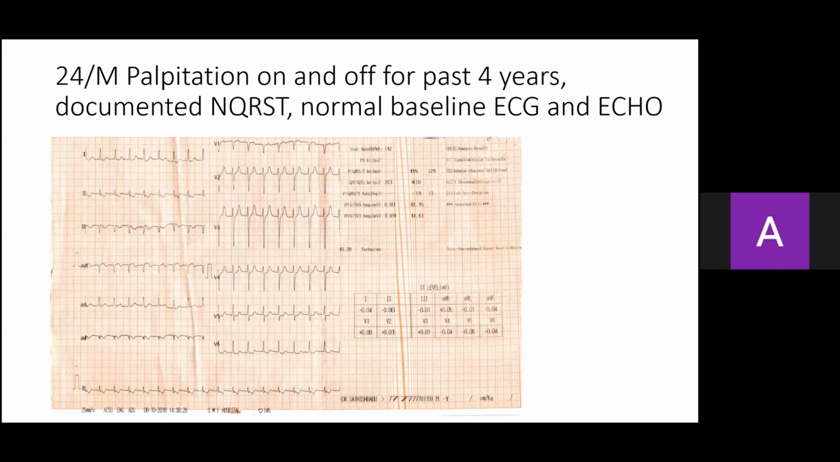So, case introduction. This patient, a 24-year-old male, presented with palpitation on and off for the past 4 years with documented tachycardia and adenosine responsiveness. Baseline ECG and echo are normal. Tachycardia ECG shows regular narrow complex tachycardia at 140 beats per minute, normal axis, RP shorter than PR. RP interval is more than 100 milliseconds and the P wave is inverted in inferior leads. So we took him